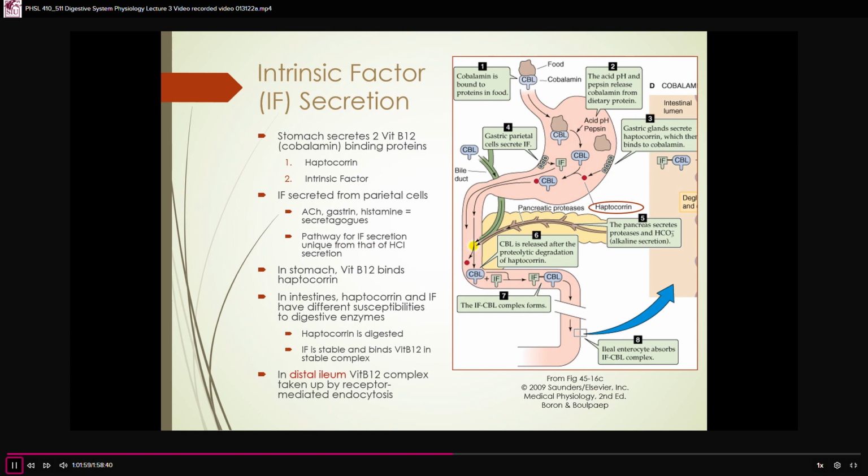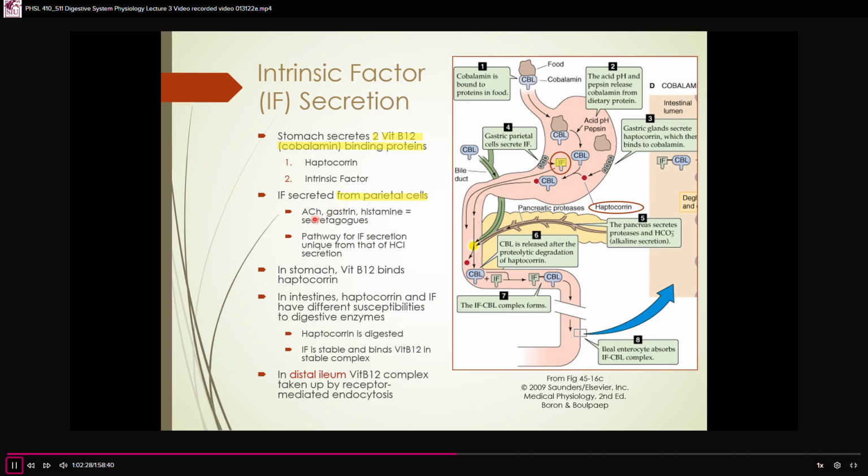We said earlier already that the stomach secretes intrinsic factor, and intrinsic factor is a B12 cobalamin binding protein, right? Turns out that the stomach actually makes two types of vitamin B12 binding proteins. It makes the intrinsic factor, and it makes a substance called haptocorrin. And the haptocorrin, I'm not sure exactly where it comes from, what particular cell types. I've never seen that expressed. It might even be from the same cells, but we know for sure that the intrinsic factor comes from the